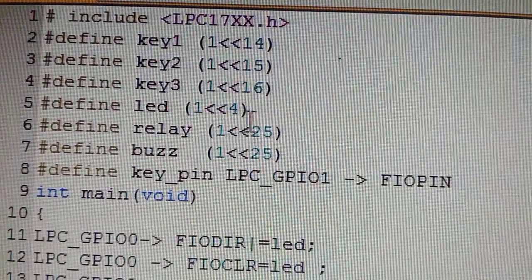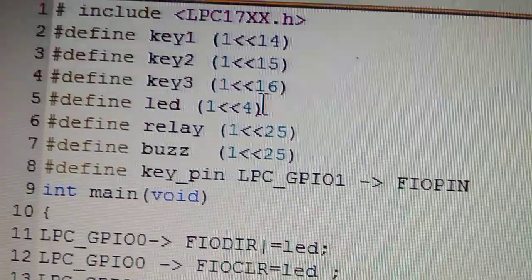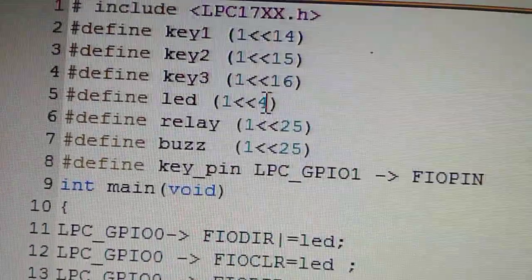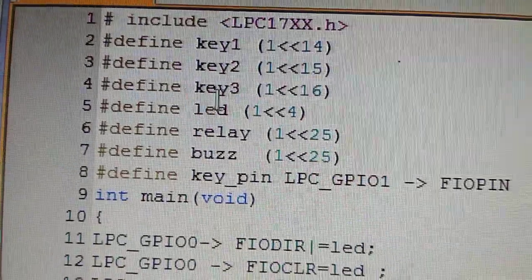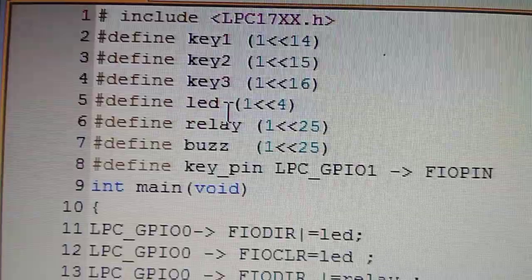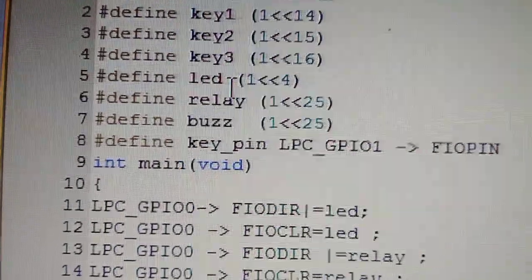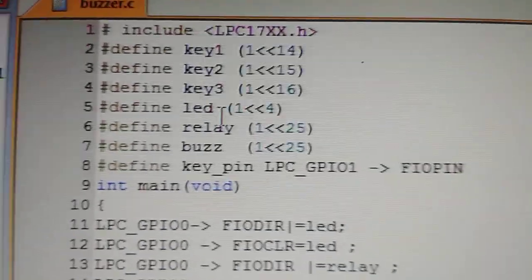So that's why in the program you can see the value 4. That is port 0's 4th pin that we are considering as the LED, so I can see the glowing of that particular LED. If I don't want this LED, I can choose any other value here.